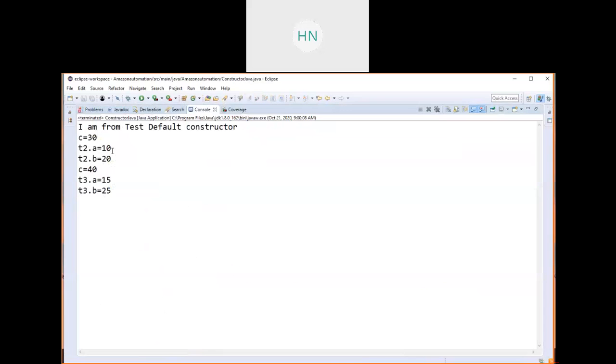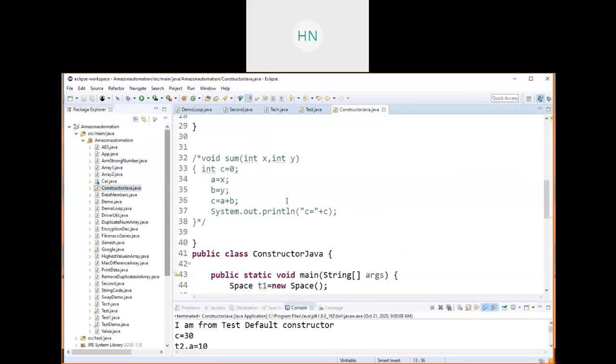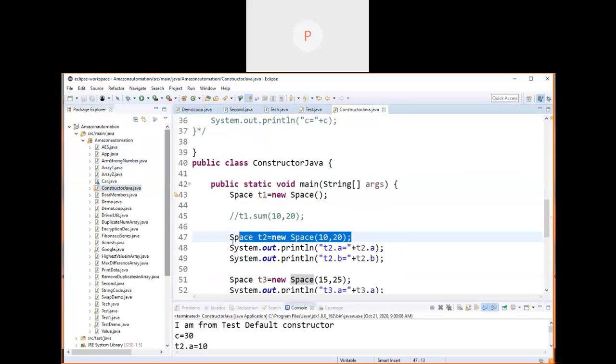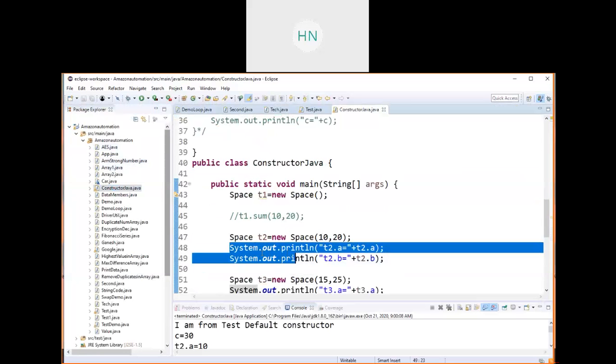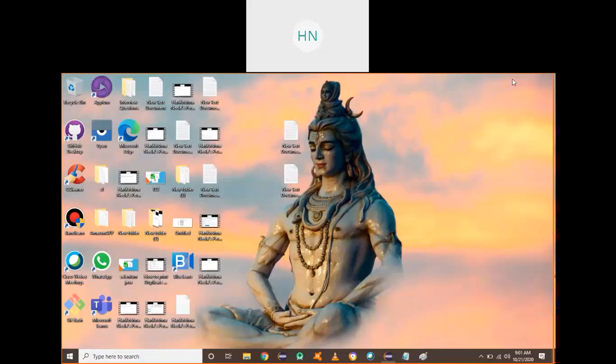So you see C equal to 30 printed, and afterwards you are trying to print T2 dot A comma T2 dot B, after this line. So what values are you getting here?